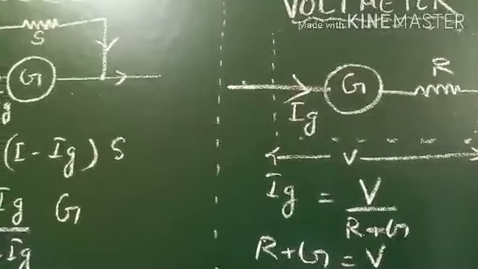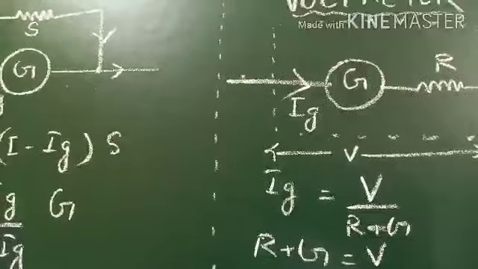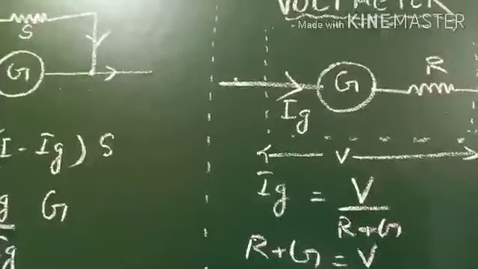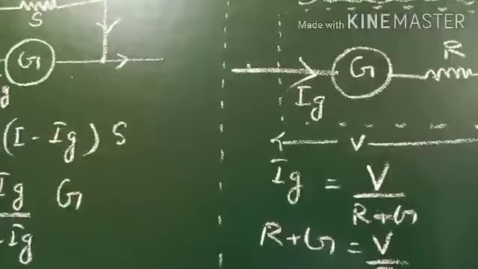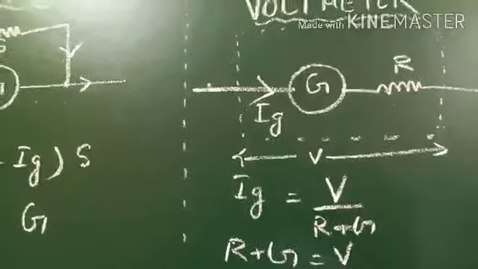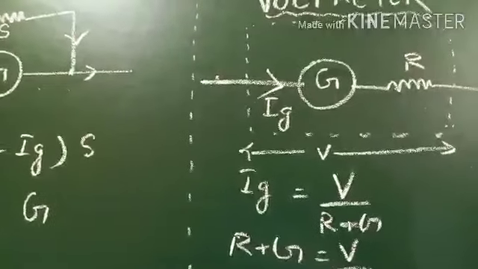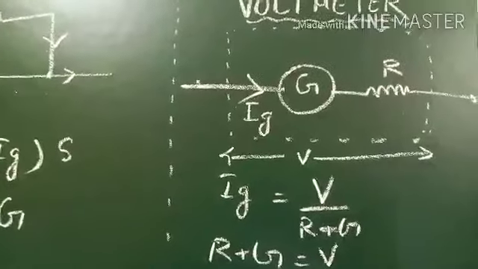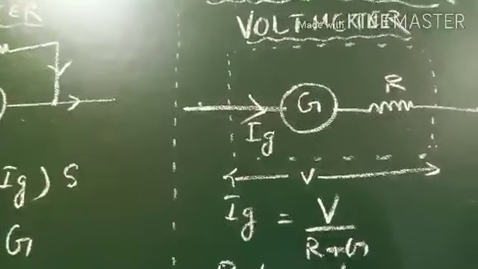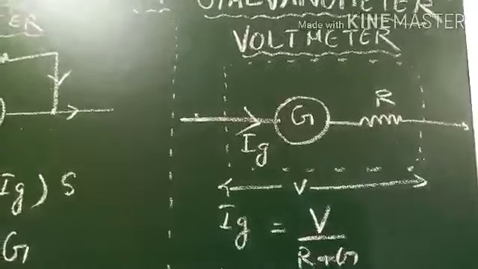And the higher the range of the voltmeter to be prepared from the given galvanometer, accordingly the value of the series resistance should also be high. Then the voltmeter of lower range has lower resistance than the voltmeter of higher range. And the range of the voltmeter can be increased or decreased, as you want. So note down all these points regarding the conversion of a galvanometer into a voltmeter.